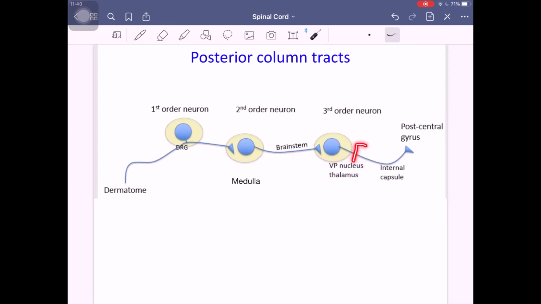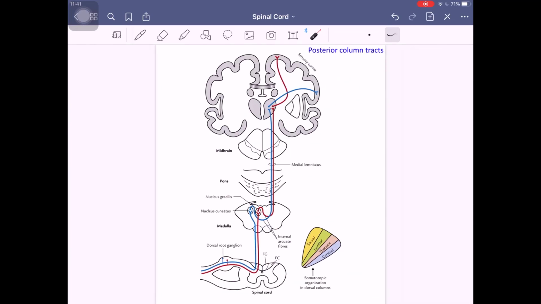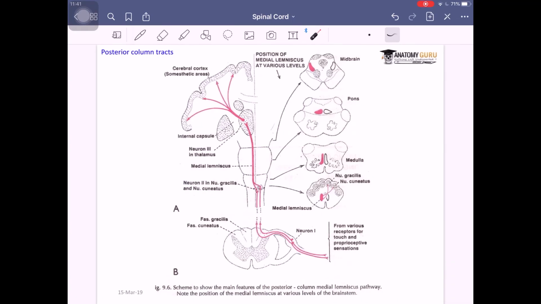Then VPL nucleus of thalamus as it is. Then it passes through your thalamic radiation, then the posterior limb of internal capsule, then corona radiata, then area numbers 3, 1 and 2 as it is. Crossing is happening here in the brainstem only, whereas crossing for your spinothalamic tract has happened at the spinal cord. So here it is in the brainstem. So this is again the same pathway. This also is showing again, from the various receptors, touch and proprioceptive information, both the fibers are ascending up,